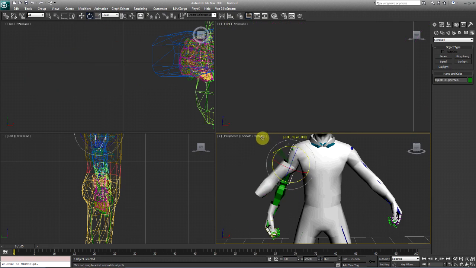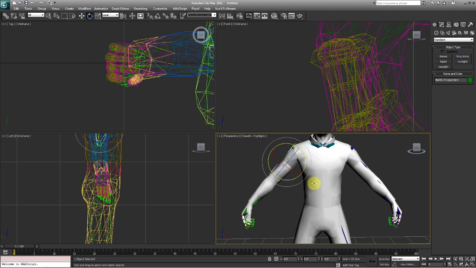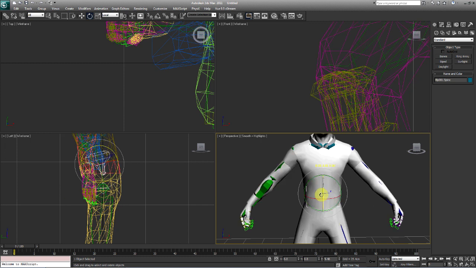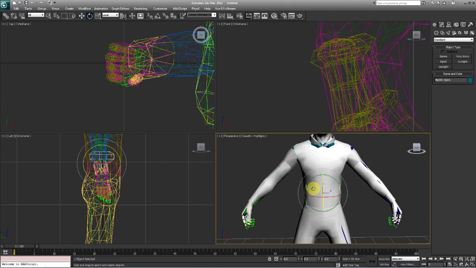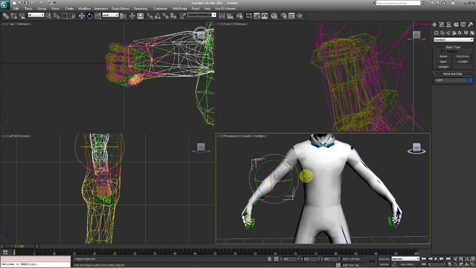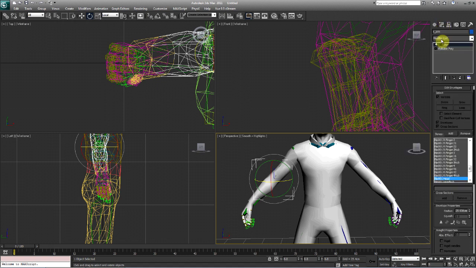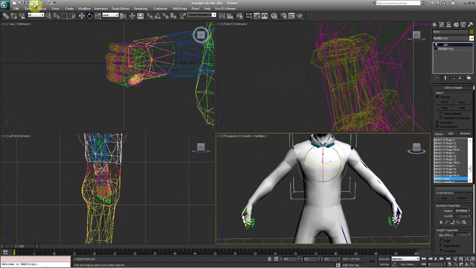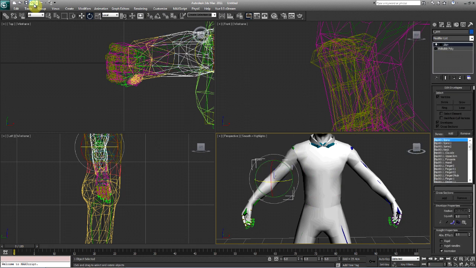It's no longer moving with the arm because you have it assigned to this spine. See how it's now moving with the arm? It's because you have it assigned to that specific bone. So you have to make sure you know what you have selected. So that is just a quick overview of how you'd go about rigging.